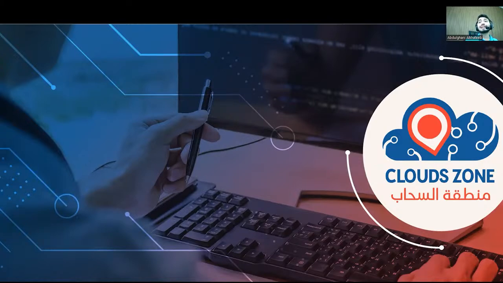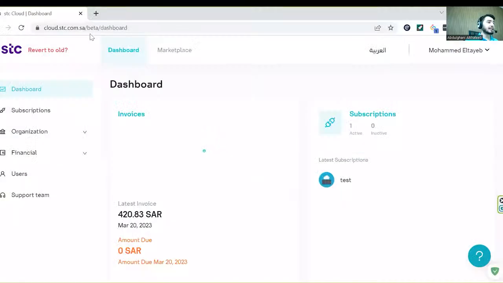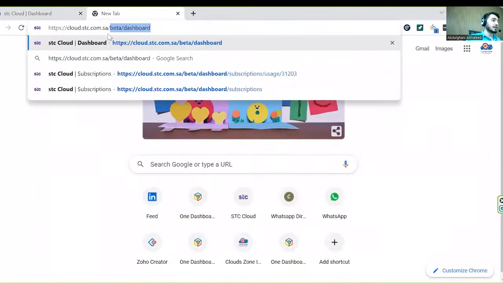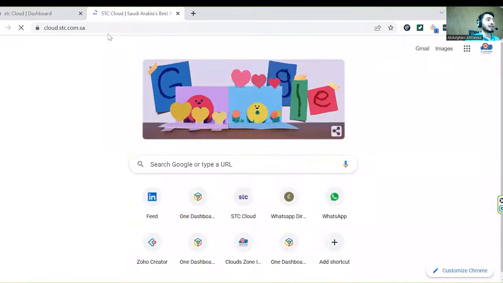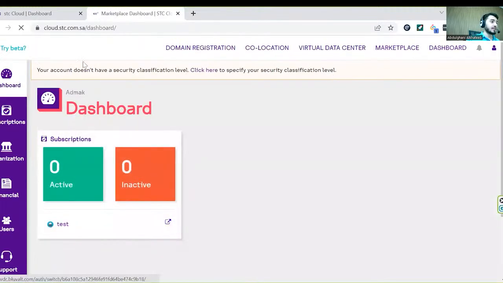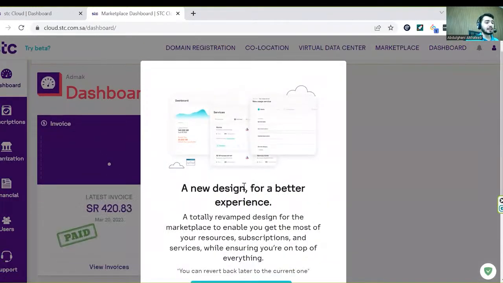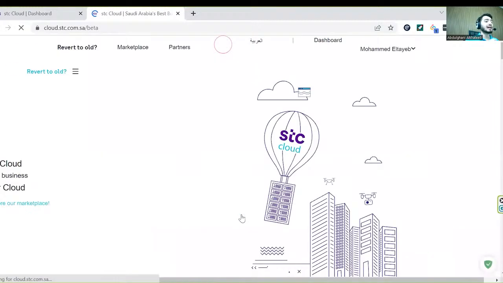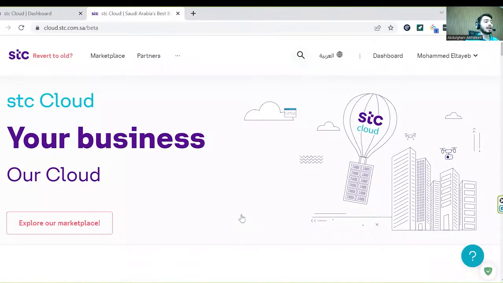As I mentioned, STC provides several services and options for hosting. We will explore the Cloud Tech Stack portal. You will go to cloud.stc.com.sa, then go to dashboard. You will see the screen with all the subscriptions and customers. I prefer to go to the new beta, a new layout version, in order to present